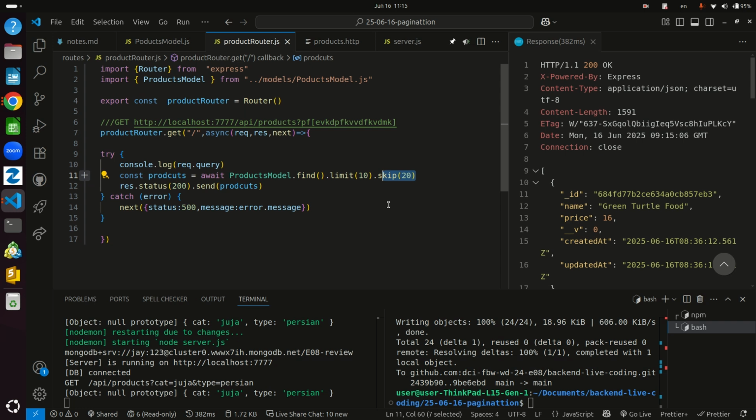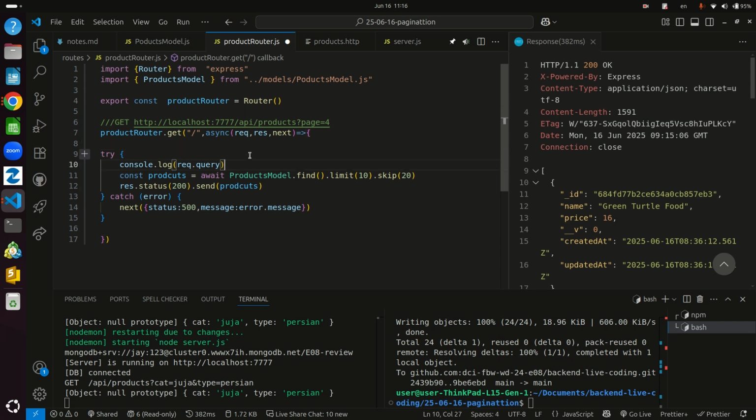100, 200, or whatever. And we want to do this dynamically, because if it's hard-coded, it's always going to give me the same result: 10 products starting from 20 and 30. Every request that comes, doesn't matter, it gives me the same products. We want to make it dynamic by page, by some information that we pass here. We say the page, let's say, equals page 4. Based on this, we can make a dynamic formula